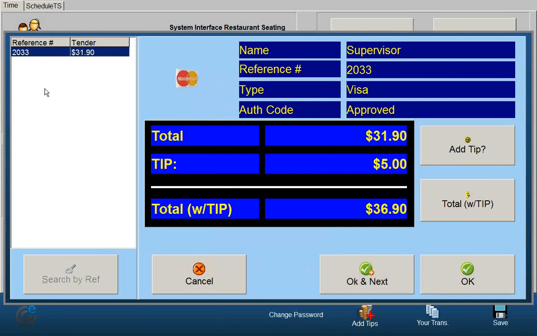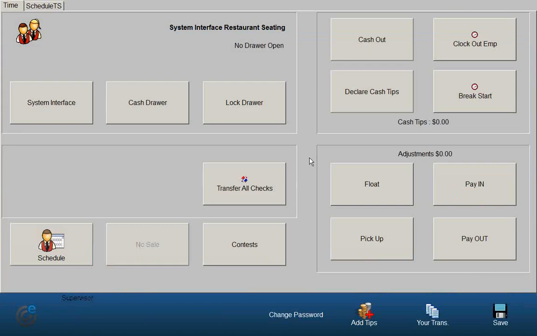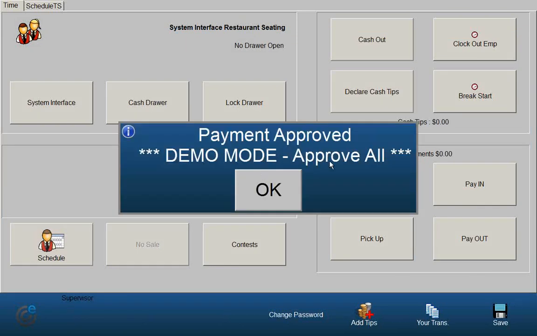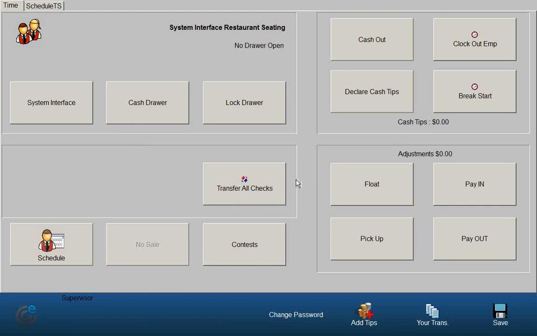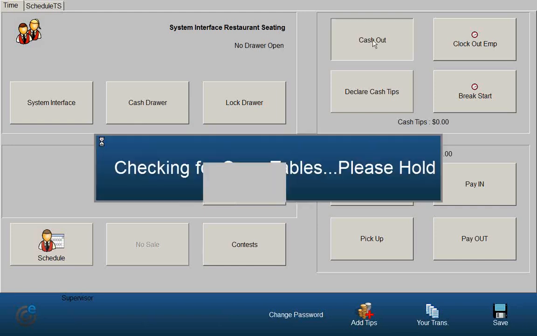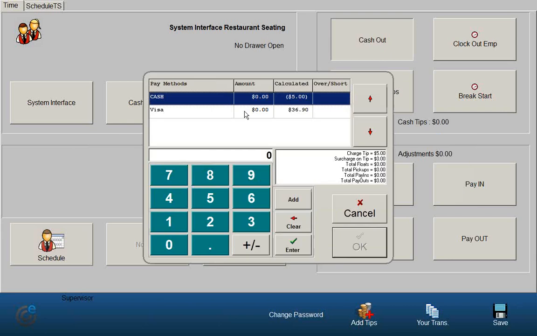All right, now if I have multiples of these to do, they will all show up down the left-hand side. I can select OK and Next, in which case it will advance on to the next one. In this case, I just have this one, so I'll select OK. And there we go. So I've just done that transaction. And now when I do my cash out,